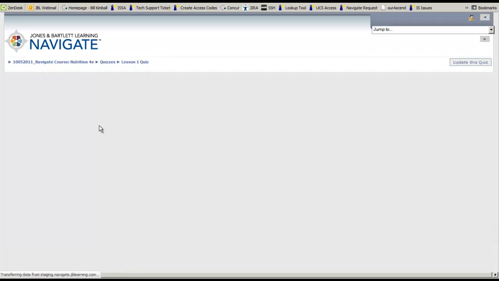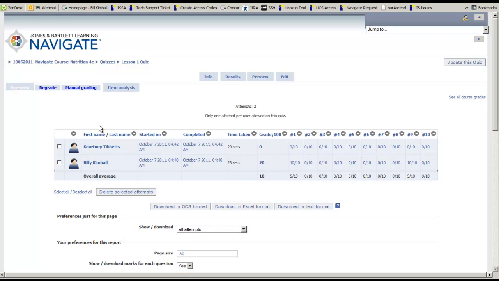If this isn't enough information for you, or you want a more detailed report, the third level of reporting is in our item analysis area. Clicking on the button titled Item Analysis will generate a detailed statistical item analysis on the individual quiz questions contained within your quiz. This will give you everything from standard deviation, mean, correct answers versus the distractors,